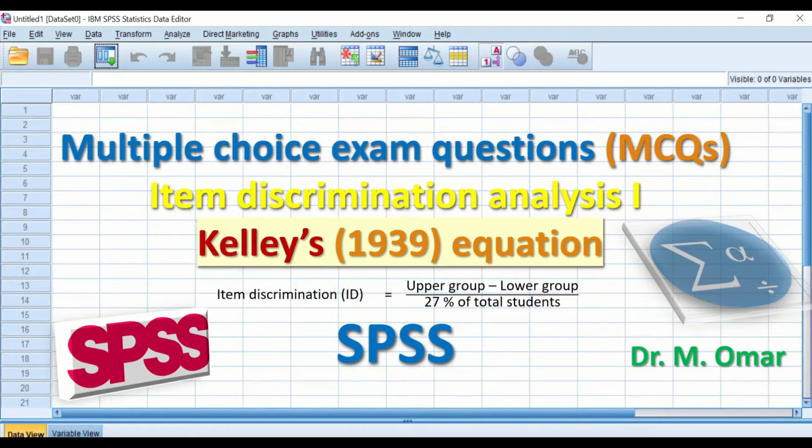Item discrimination analysis in SPSS based on Kelley's equation. The analysis will evaluate and identify multiple choice exam questions that are good or bad in discriminating between high performing students and low performing students. So this